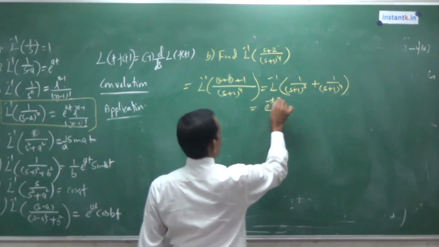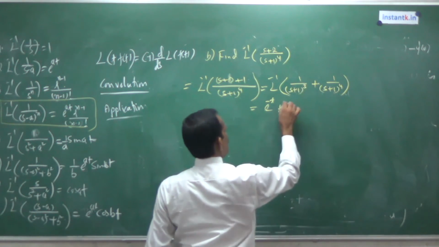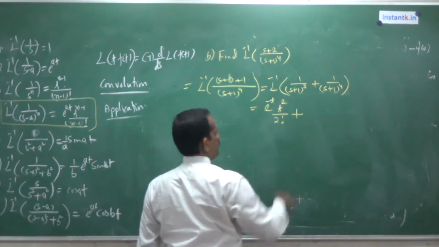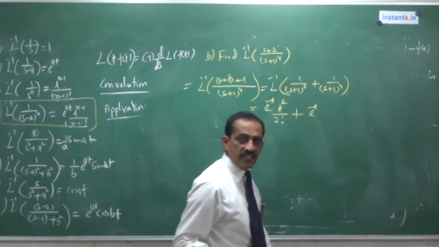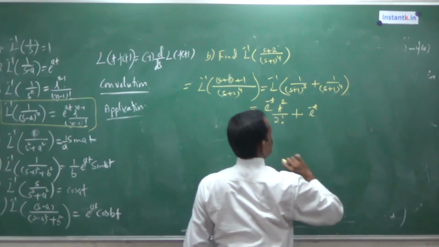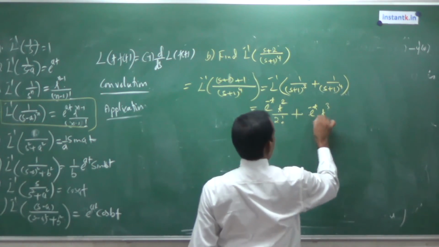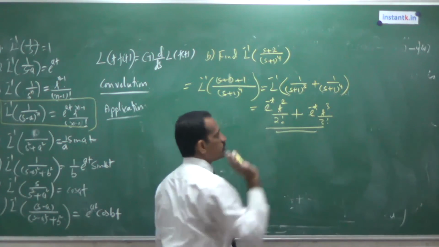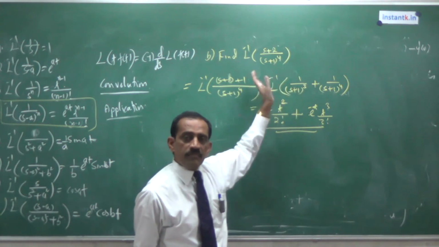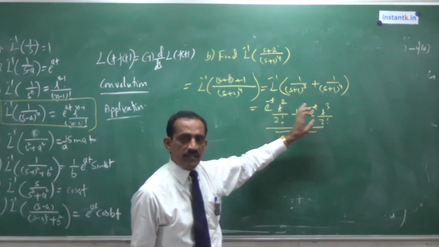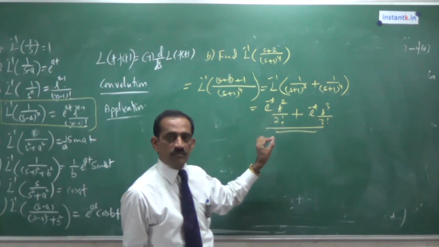So if it is minus, this is plus. Plus means e power minus t. Then, for n equal to 3, t to the power 2 divided by 2 factorial. Plus, for this, e power minus t, then n is 4, so t to the power n minus 1, 4 minus 1 is 3, divided by 3 factorial. Only this much. It is a 4 marks question, very simple one. So when a question of this type is asked, you can immediately write the answer. How many steps you write is not important. How much time is consumed is not important. What the concept is, that is very important.